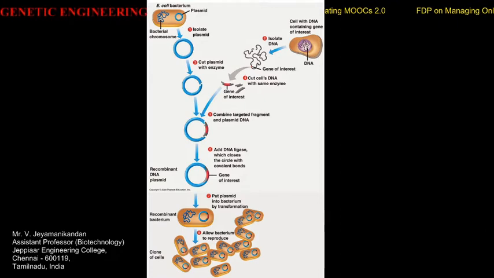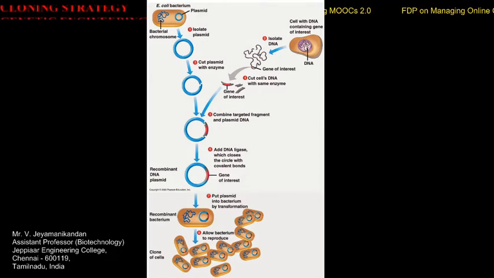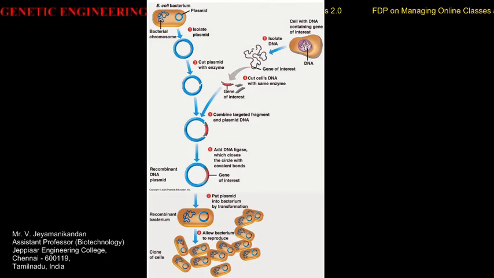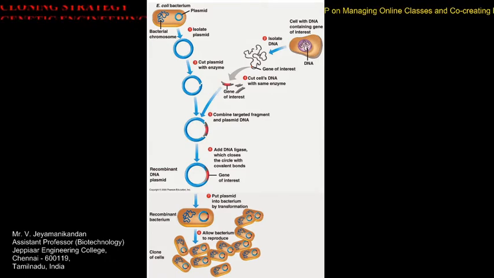Say for example, if you are using the pBR322 vector, you have to use a media with ampicillin and tetracycline. If you have inserted your gene of interest in the ampicillin resistance site, then these recombinant microorganisms will grow in tetracycline media. They will not grow in ampicillin media, because the ampicillin resistance gene is disturbed because of the insertion of your DNA.